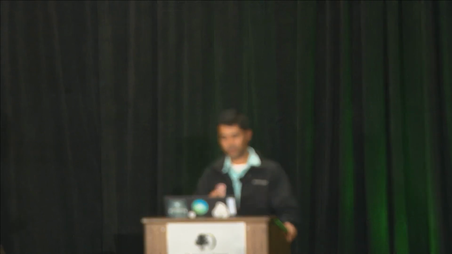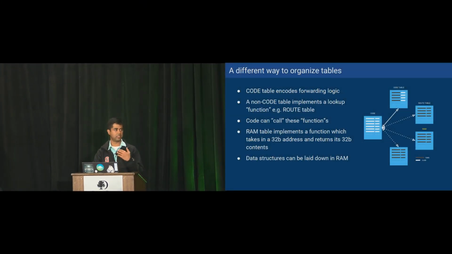No. I don't think this even addresses that. The main aim is to make coding of the flow pipeline easier. The thing I talked about was going from one minor release to another, where there are not many changes happening. So OVS remains the same, but your forwarding logic might have some bugs, for example. If you want to download new code for the new minor release, you don't want to update all the tables. You just update the code table, and that should be sufficient. Did that answer your question? I think so. Yeah, thanks. Okay.